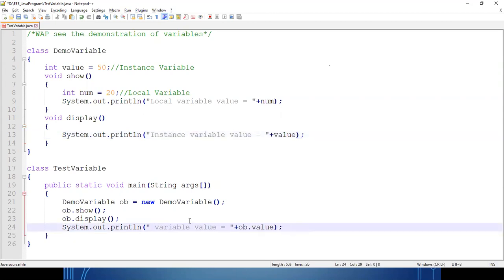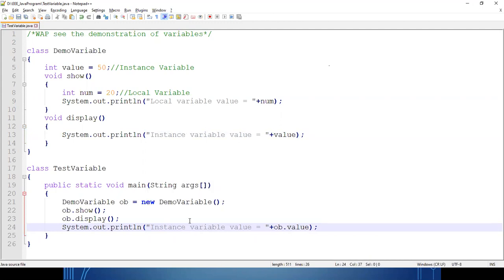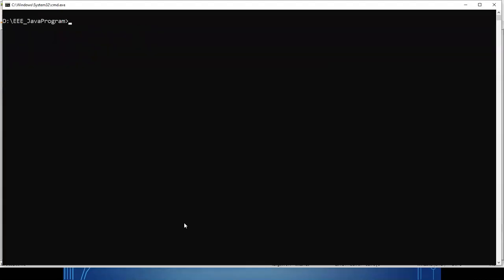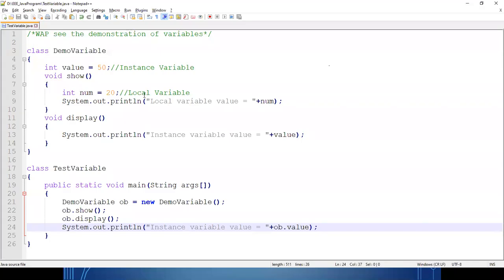Here also, instance variable value. Done. So whatever the drawbacks are there in the local variable, we have overcome that particular problem through the use of instance variable.